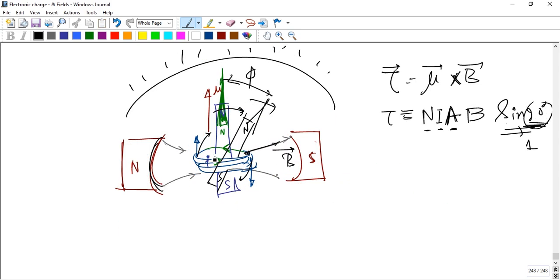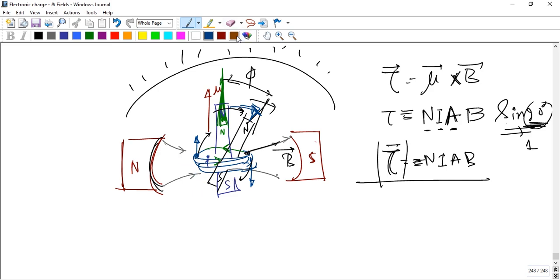In that case, sine is always 90 degrees when there is a curved line. So we get tau equal to NIAB, that is the magnitude of the magnetic torque. So here the current produces a deflection, and this deflection is shown by the indicator here. Now, when I stop the current flowing here,